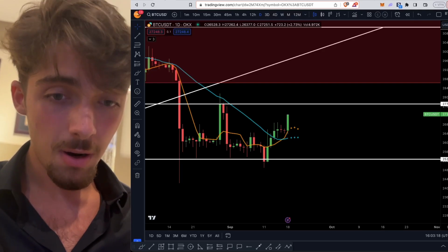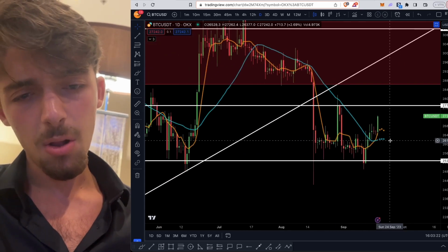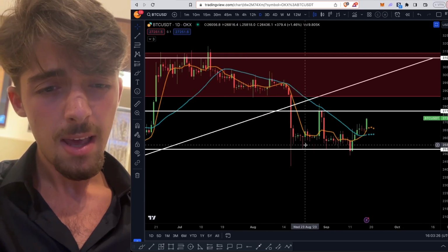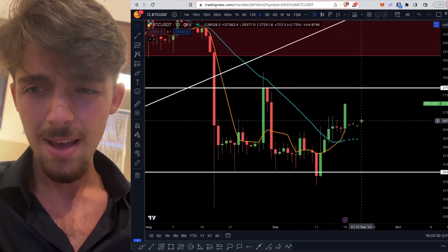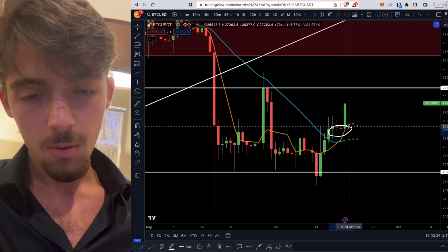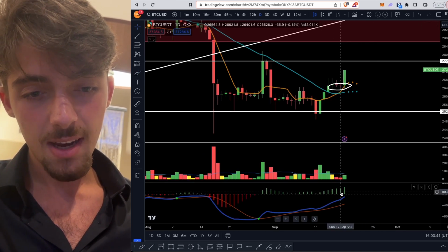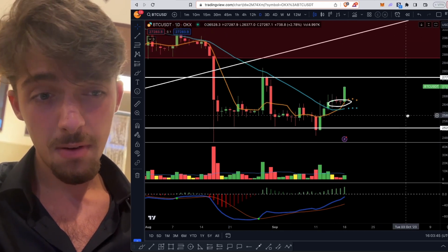So Bitcoin is pumping right now to $27,245. Is there a particular reason for this? Fundamentally, no, but if we look into technical analysis, the reason why I entered this trade a couple of hours ago was because we were testing this moving average right here, and I saw that there was some strength in the market. MACD was seeing a reversal back up towards the upside, so things were looking good. That's why I entered the trade, and I think we can go even higher, potentially to